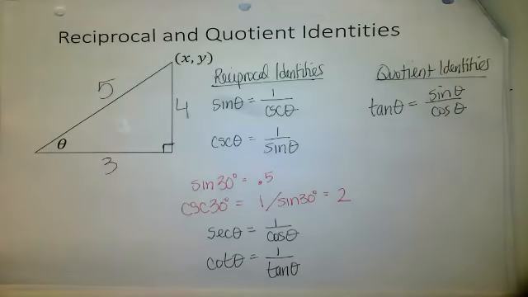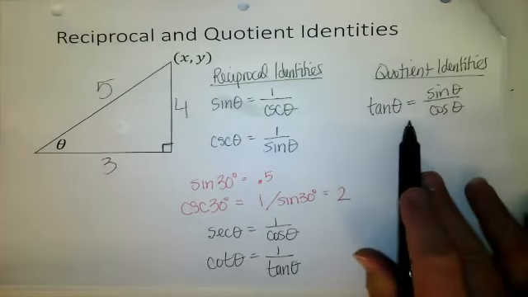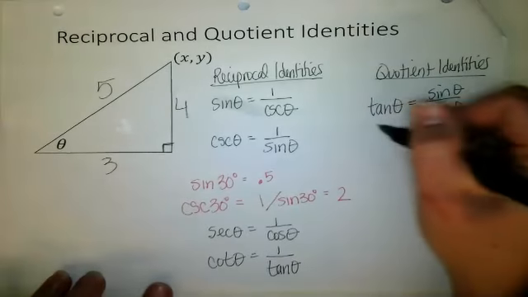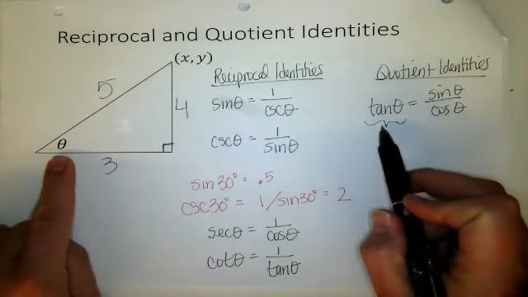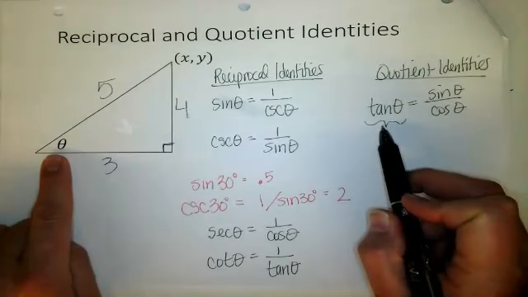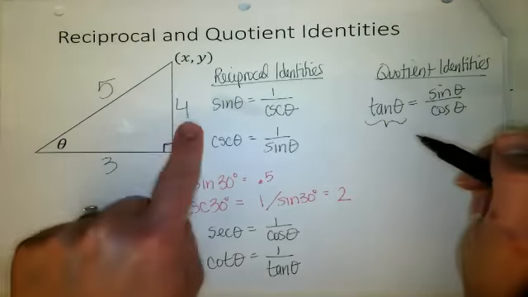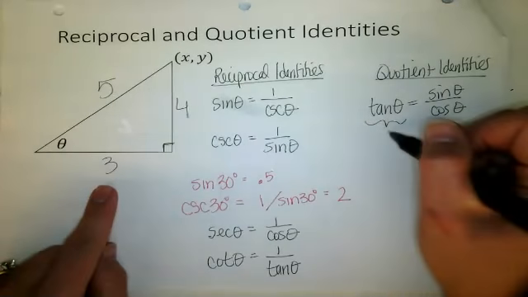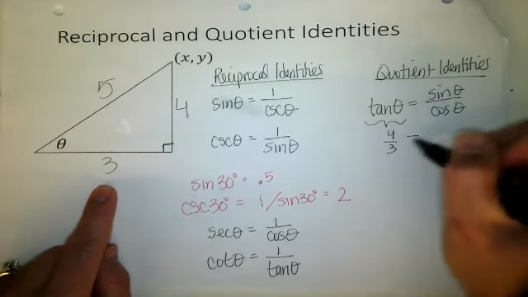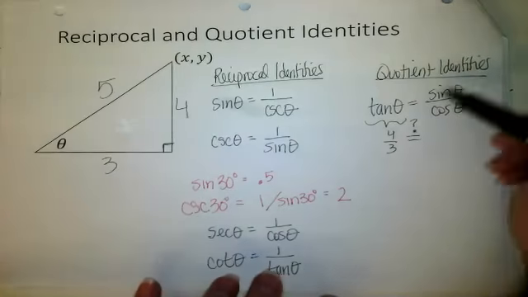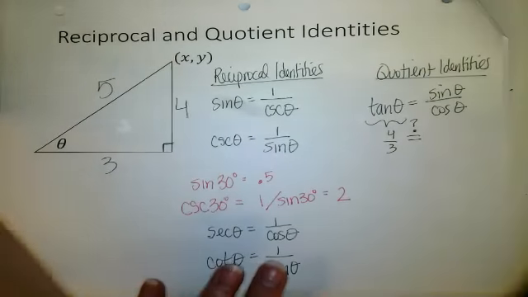and actually prove to ourselves that this is a true statement. So first I want to look, what is the tangent according to this theta? Opposite over adjacent, so 4 over 3. Good. All right. So we want to know if we get the same thing when we figure out what all